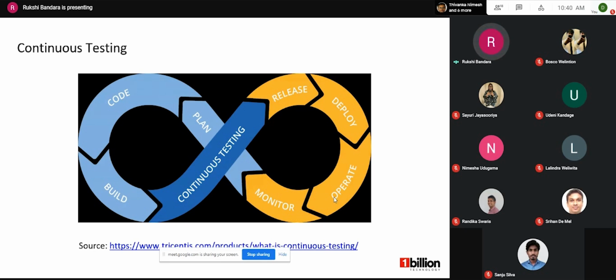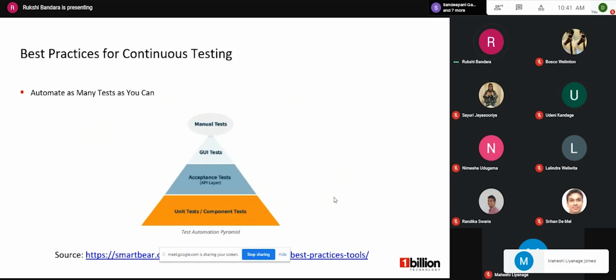So continuous means undisrupted testing done on a continuous basis. In a continuous DevOps process, a software change or a release candidate is continuously moving from development to testing to deployment. So the code is continuously developed, delivered, tested, and deployed. I will point out the best practices for continuous testing.